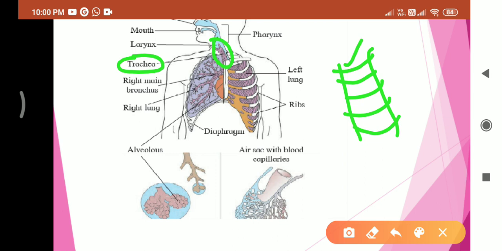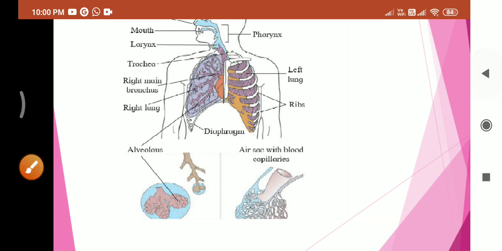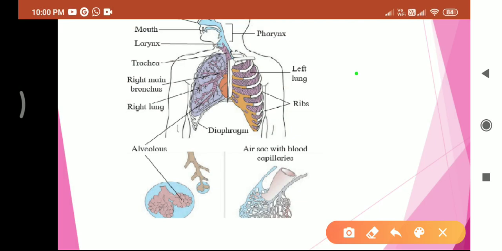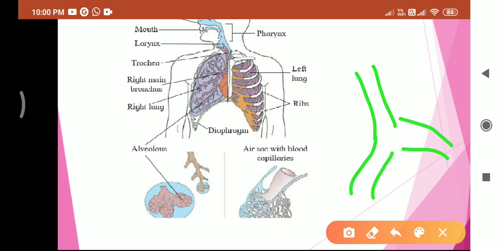And the next one is the trachea. When you see the trachea, it is open and divided into two parts. This trachea is divided or branched into two parts. Why? Because you have two lungs, the left lung here and the right lung here. So this opens into the trachea, which divides into two parts. This division is the bronchi, first one, second one, right?